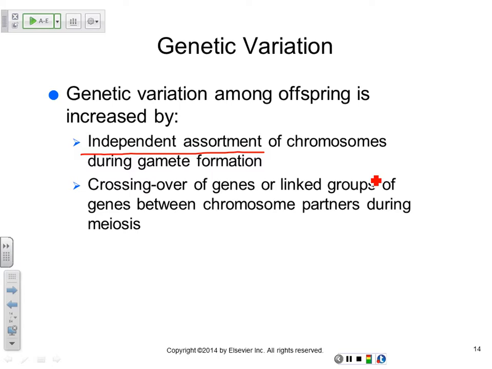So if you have a lot of variation of the genes in the pool, then the likelihood of having a recessive trait is much less. It's just a question of numbers. But if you have a limited gene pool, then the occurrence of recessive traits will be